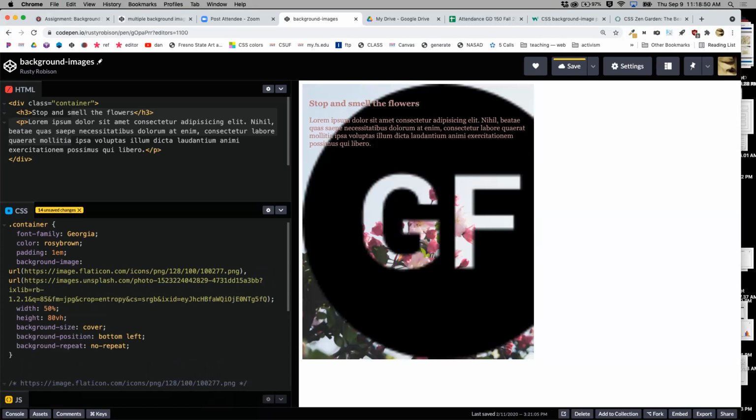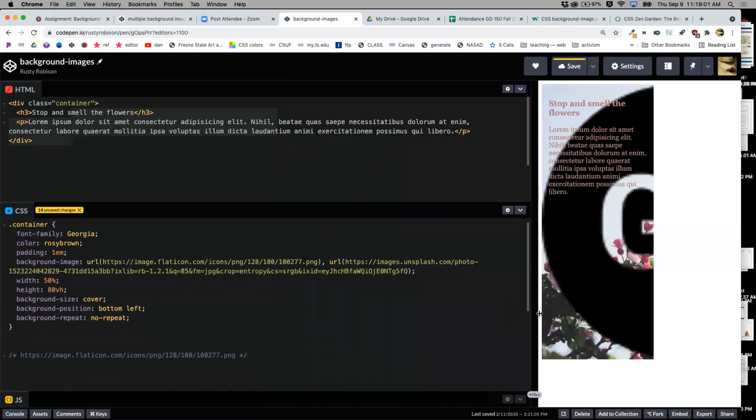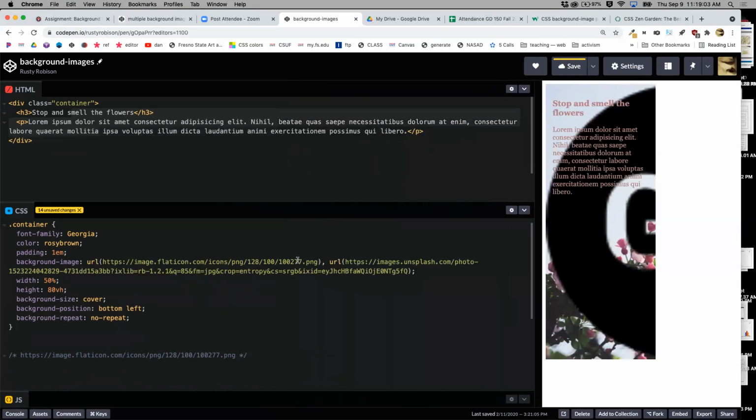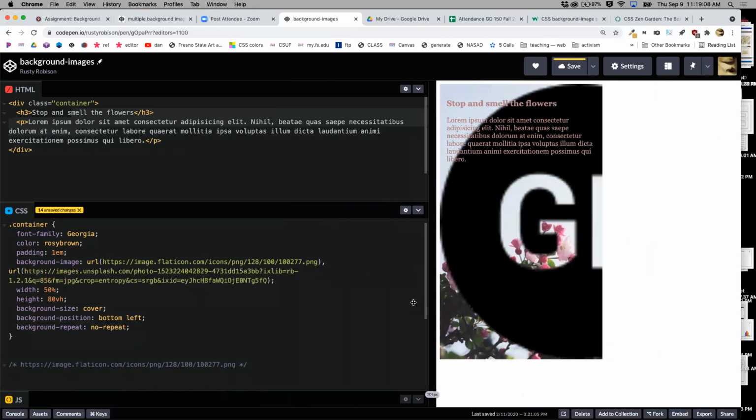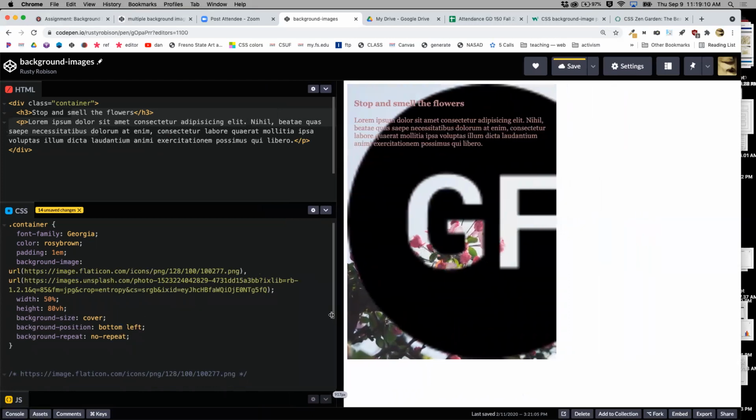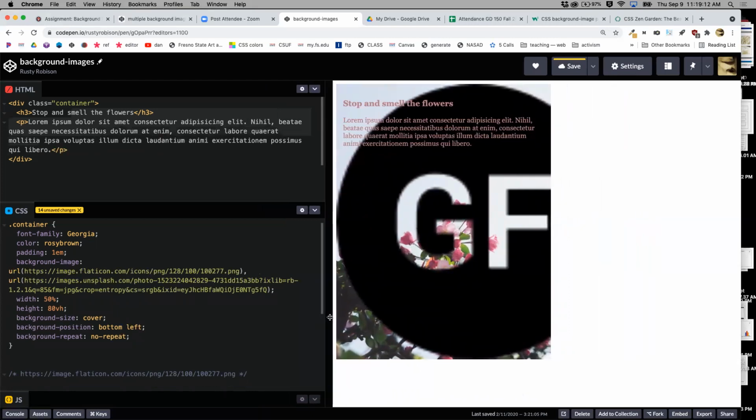So there we go. So it went sort of 100% automatically. I separated them by commas. As you can see, if I pull this out right there, there's the first image and then there's the second image. And then you might be asking yourself, well, how do I control them separate from each other with background size and position and repeat? Well, you do that by putting two separate